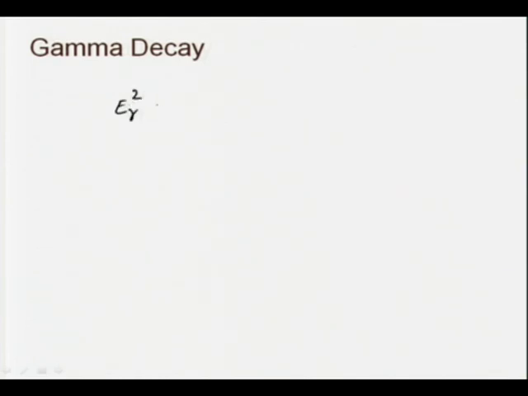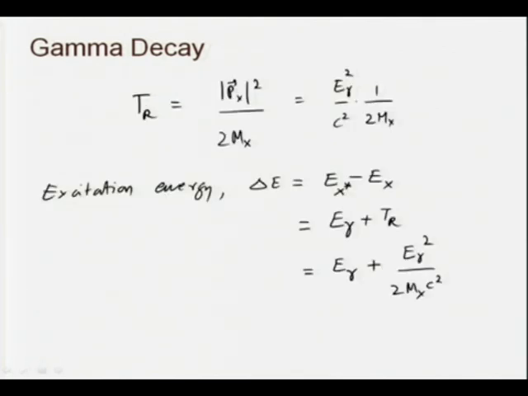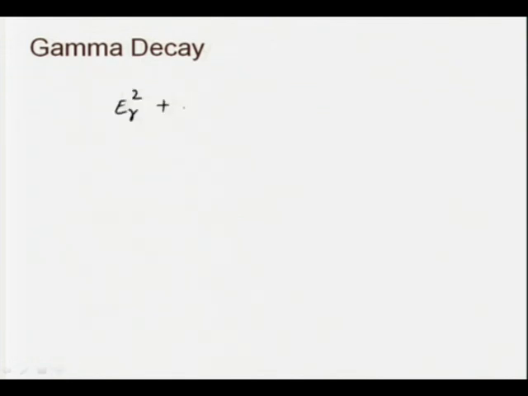Multiplying the expression by twice m x c square gives E gamma square plus E gamma into twice m x c square minus delta E into twice m x c square equal to 0. I can use this quadratic equation in E gamma to get E gamma